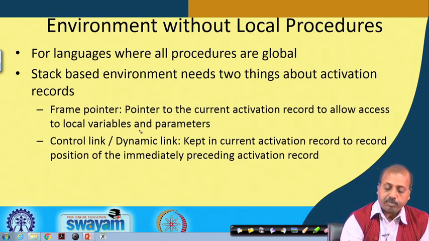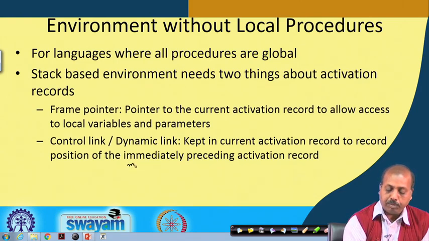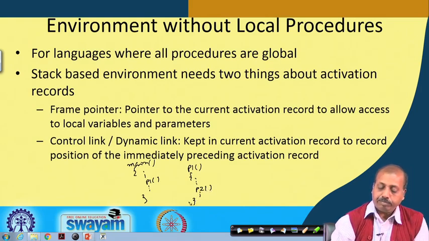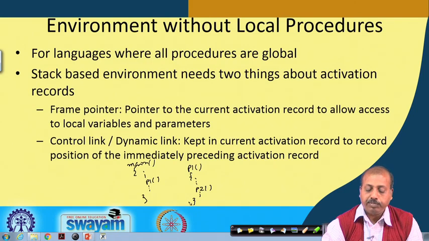Basically what happens is that you have got, say, one procedure: from the main program I have given a call to procedure P1. Now, within procedure P1 there is a call to procedure P2. Fine. Now, while we are executing procedure P2, which definitions are we going to use?